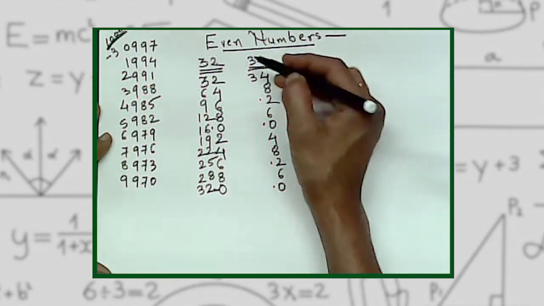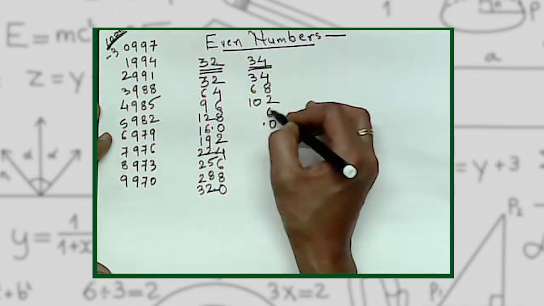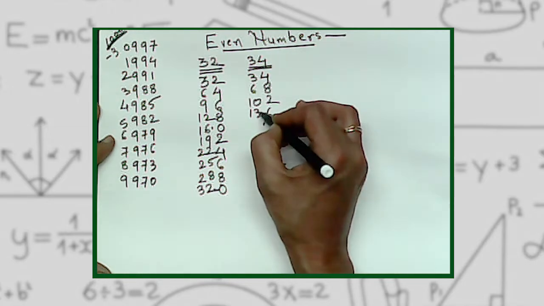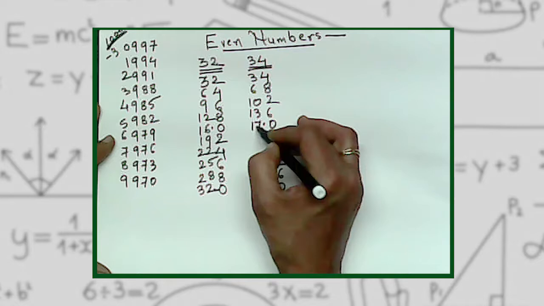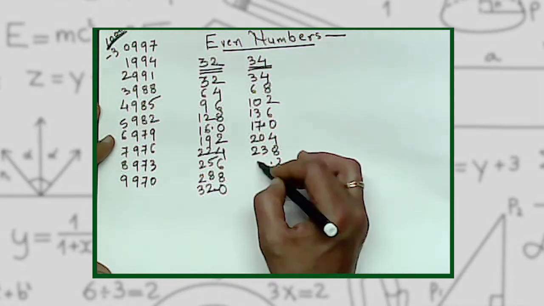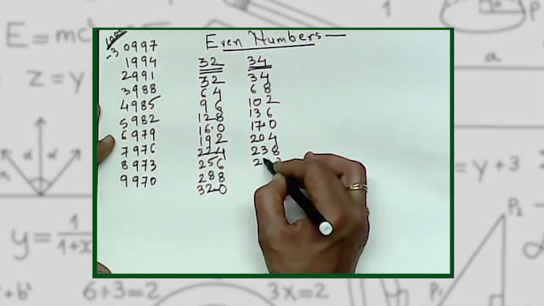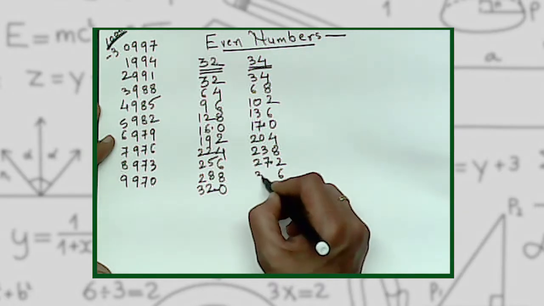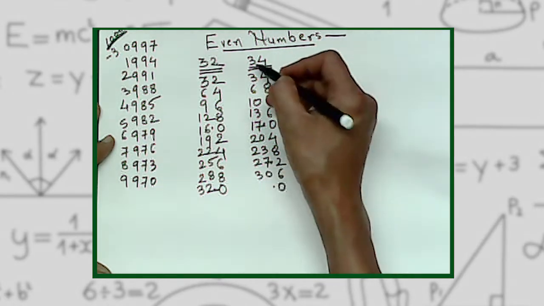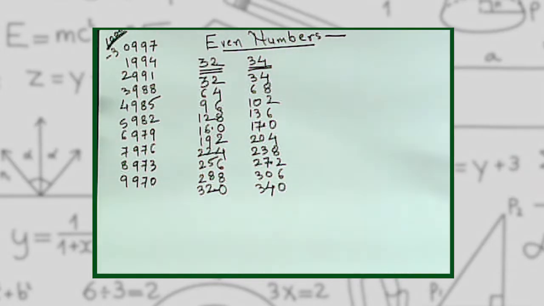Now the left hand side: 3 plus 3, 6, 6 plus 3, 9 plus 1, 10, 10 plus 3, 13, 13 plus 3, 16 and 1, 17 plus 3, 20 plus 3, 23 plus 3, 26 and at this point we will have to add here 1. 26 and 1, 27 plus 3, 30, 30 plus 3, 33 and 1, 34. We have finished the table of 34 also.